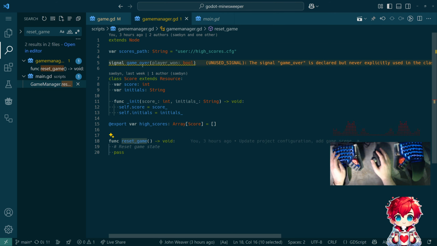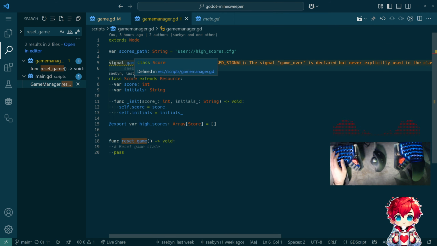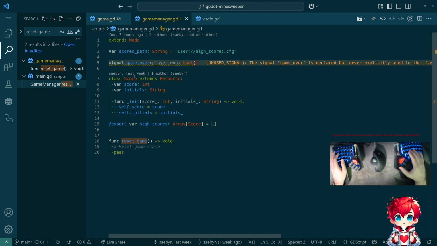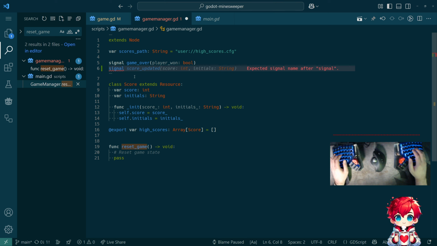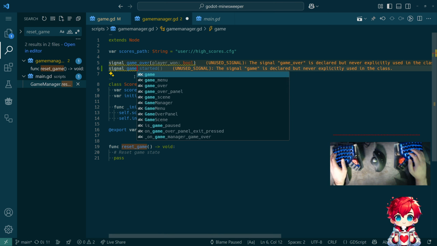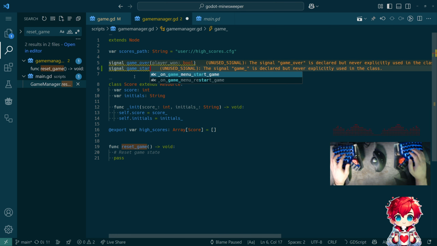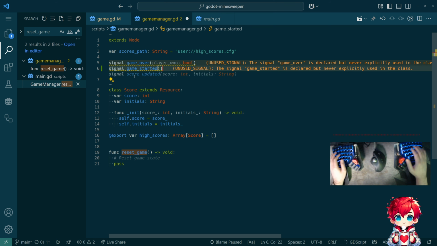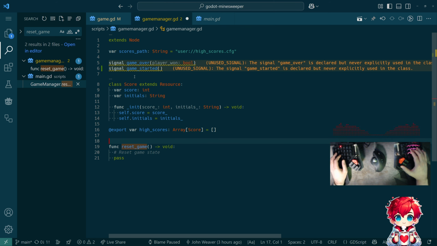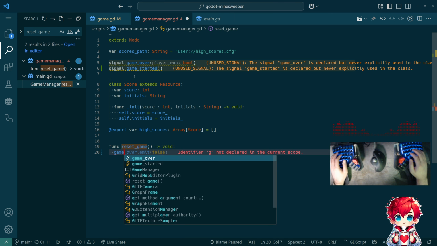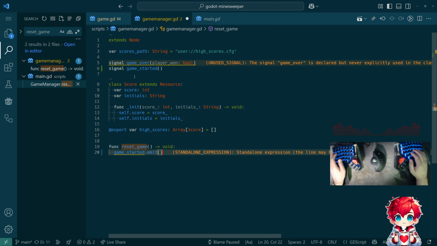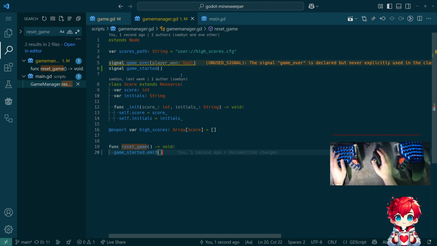And I think what we need to do there is provide a signal. Started, sure. And then we don't want the game manager to know all the details about the internals of the game. So we're just going to do game started.emit. And then